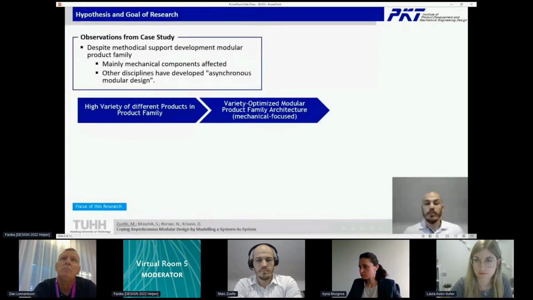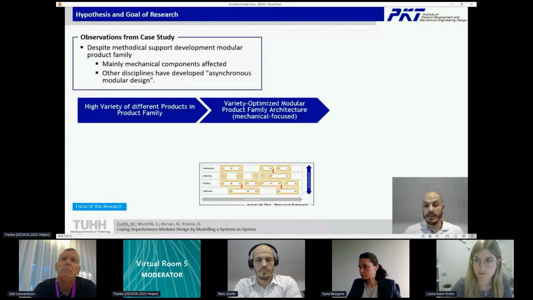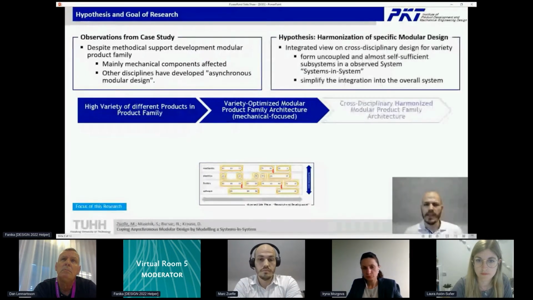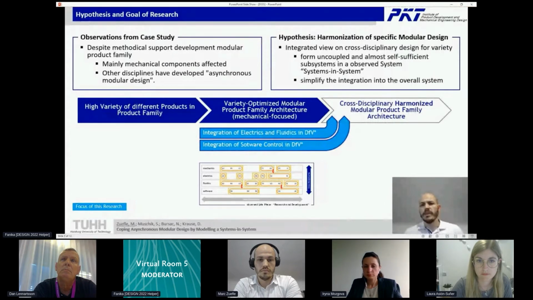So what did we do? We depicted in a figure that the different module cuts are a problem in integration. The hypothesis then is that modularization can be improved by harmonization of discipline-specific modular design.